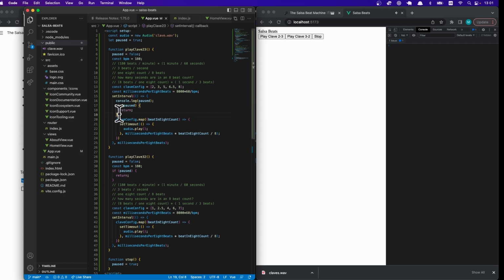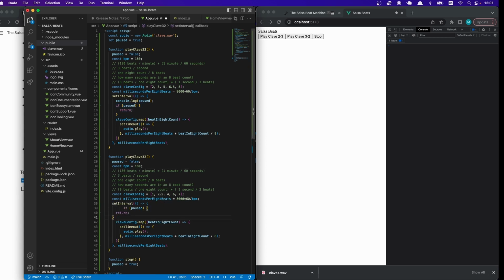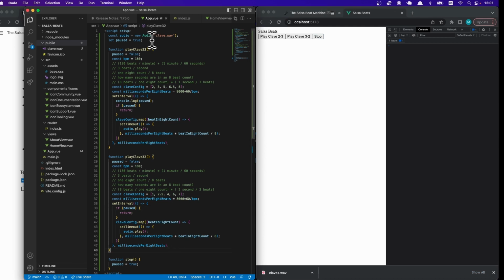Oh, and we're gonna add this if pause return statement. This is not in the right place. Should be in here, because this is the piece of code that's called every time for every 8 count. So let's try it again. So 3-2. Stop. There we go. So now that we've got start and stop working, and we've got this little state, this variable